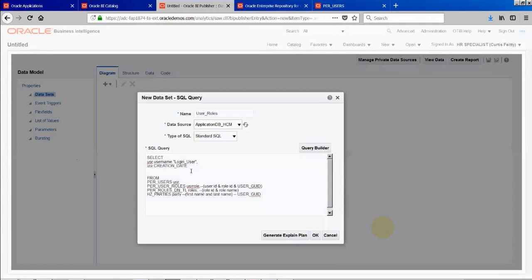Here the table formats are more of Java kind of formats. You have to convert this data into our specific date formats. I'm going to convert it into DD.